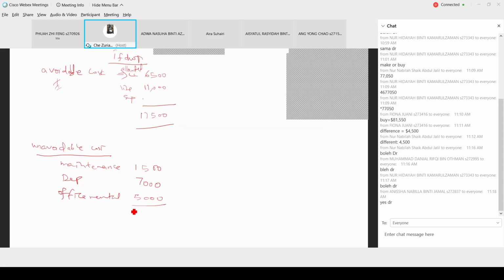So the total is 11,500. Kalau in question mention, right? If the question mention, if the division drop, so the maintenance, the equipment can be used and office can be used to produce another product, and then the product can give earning or give profit to the company. So maksudnya that cost is relevant. But here is not relevant. Okay. Either you drop or you keep, this cost is still there.